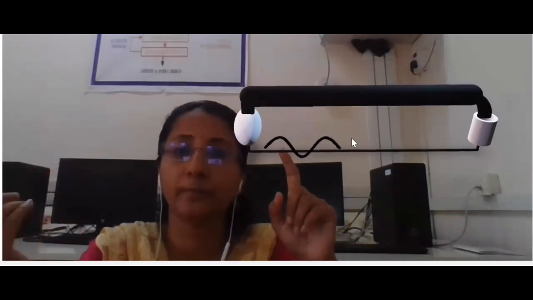Then you have line impedance. As I've told you, if you are measuring the impedance at the sending end, we call it input impedance. If it is the impedance of the conductor, we call it Z0, the characteristic impedance. Suppose you want to measure the impedance at any point on the line. That corresponds to line impedance. Input impedance and line impedance are almost the same; only the length considered varies. So these are basically what you should remember with respect to transmission lines.